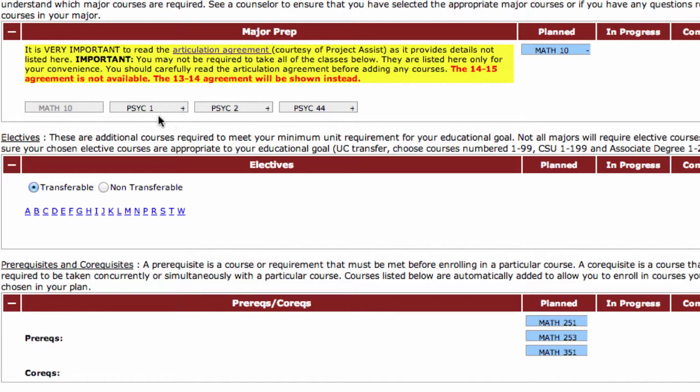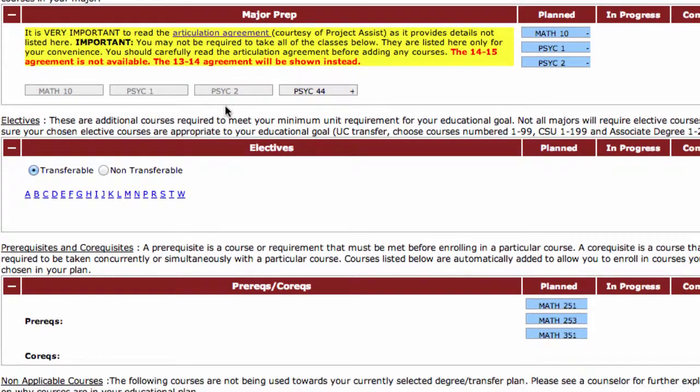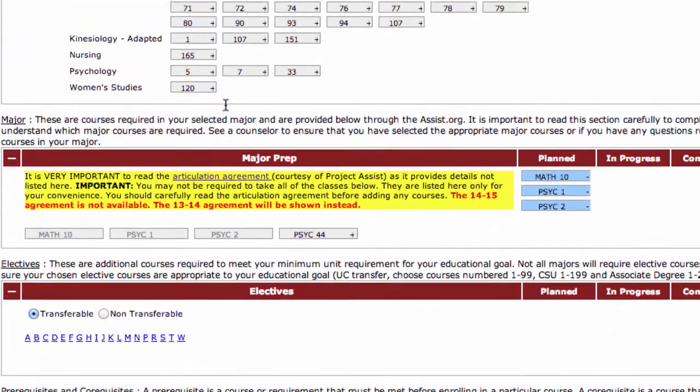Now we're ready to add in Psych 1, followed by Psych 2. And at this point, we're ready to add in the remaining general education classes, so go ahead and scroll back up to the top of your plan. As we're scrolling up,